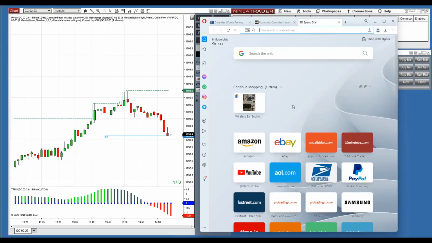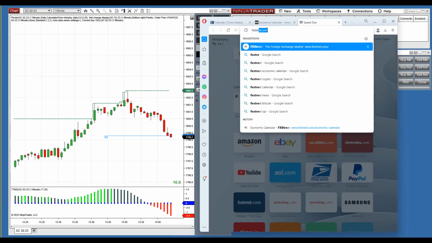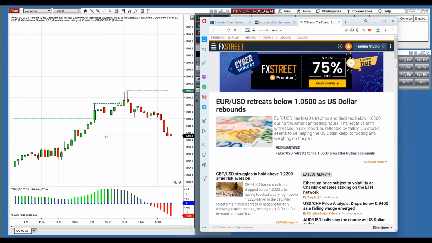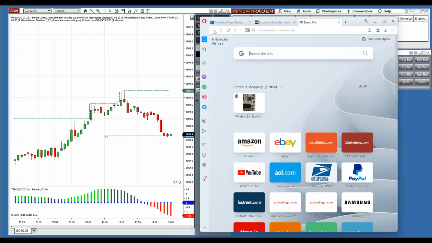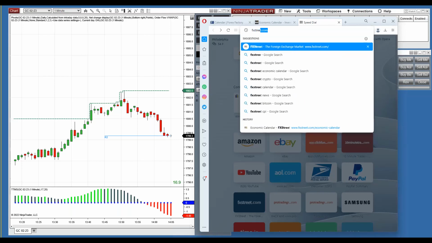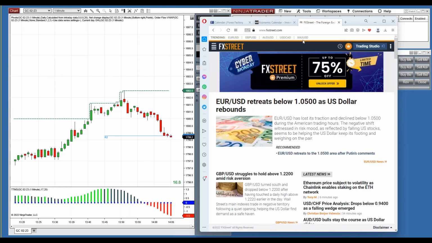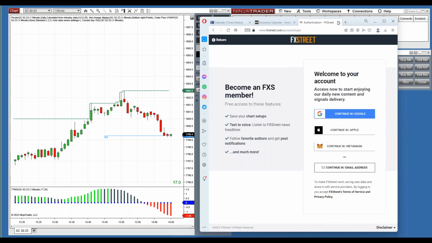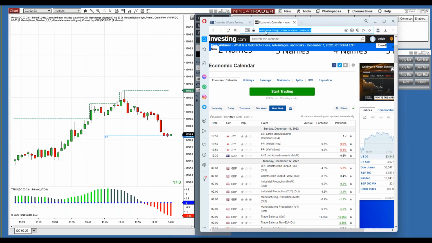There's another calendar that's actually very nice that I use, and I use them all. I love all the calendars. FXStreet.com, another calendar. Believe it or not, they do the same thing. Their calendar is not as easy to format as investing.com. Even just quickly getting there, it's kind of a pain in the neck. It's not quite as convenient. FX Street, sometimes you have to find where you're going, but it does also update.